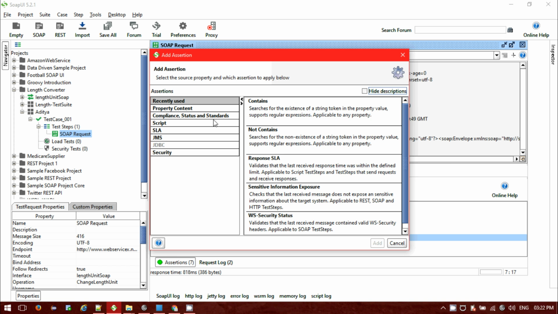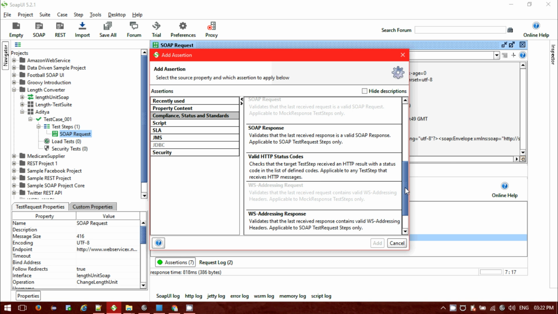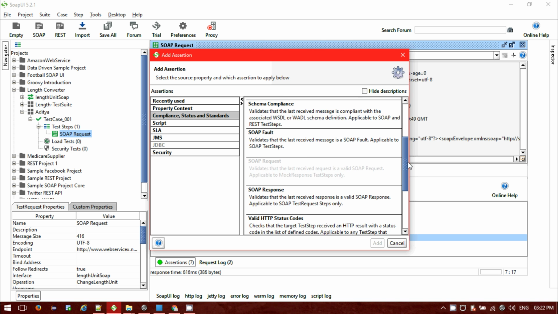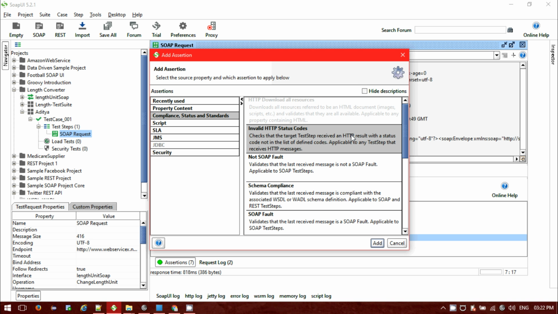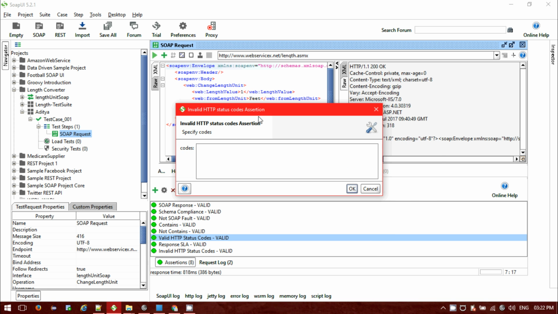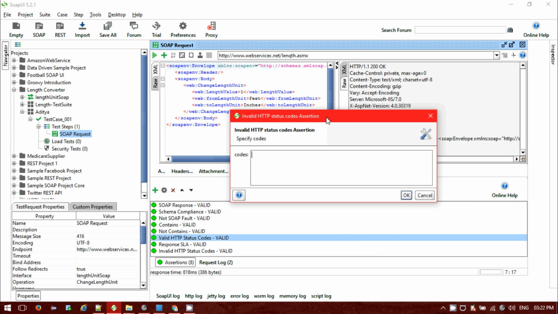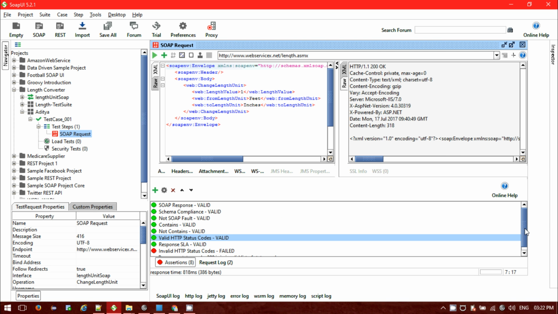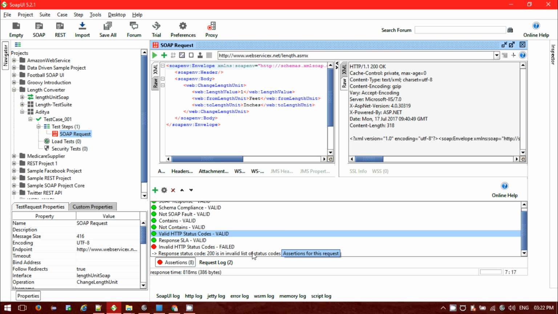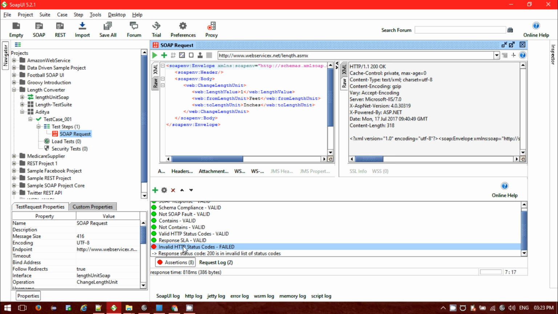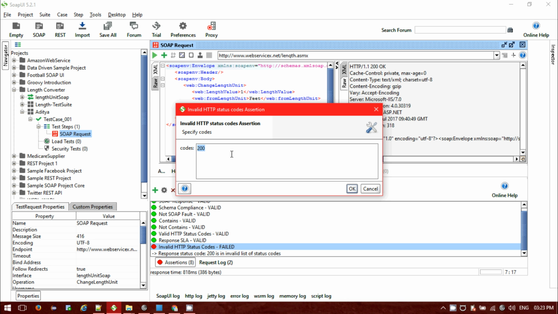Accordingly, we have other options opposite to that. We can provide an invalid HTTP status code. This is exactly the opposite. Suppose for this request I don't want 200, and I put 200 as the invalid status code. If the response is showing 200, it should fail the script. So see, for the invalid status code I have given 200, and it is failing. If I provide 404,